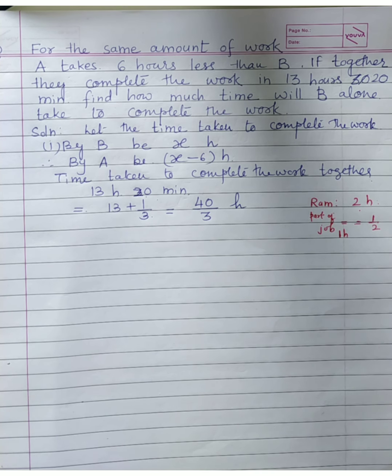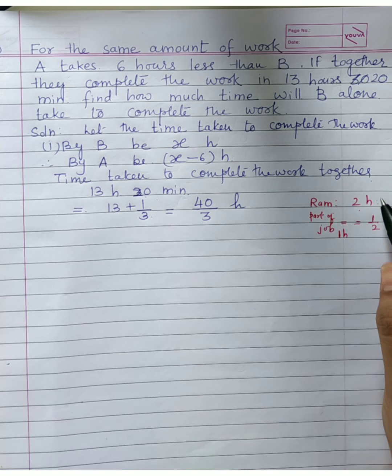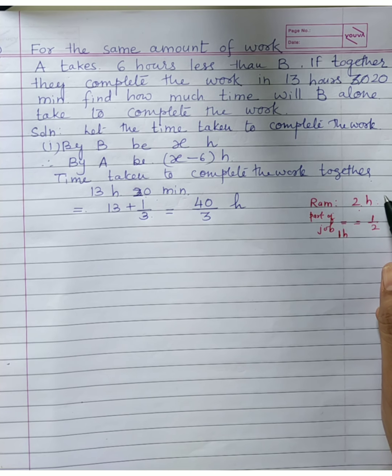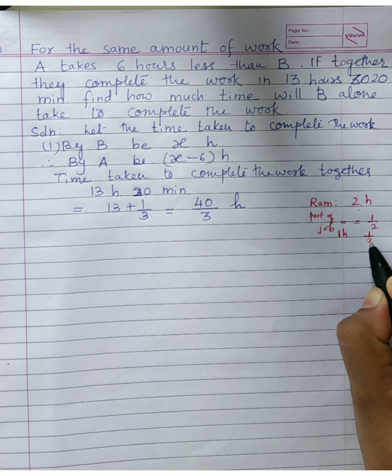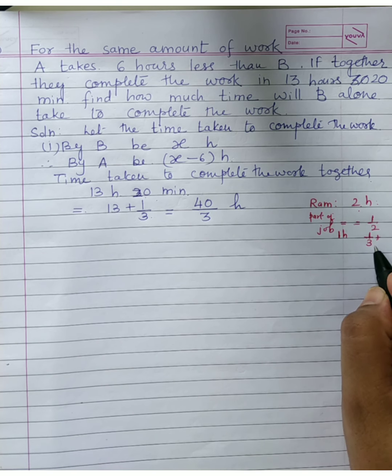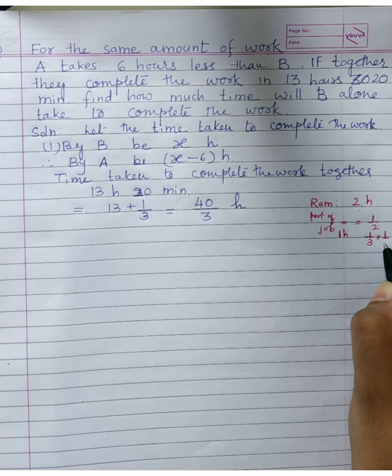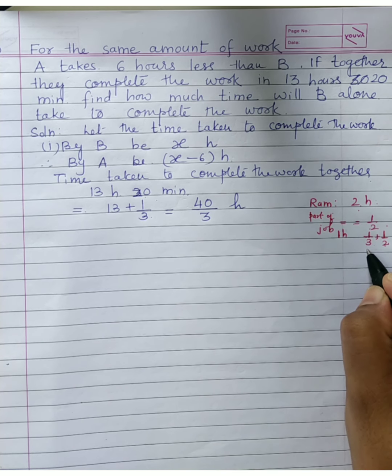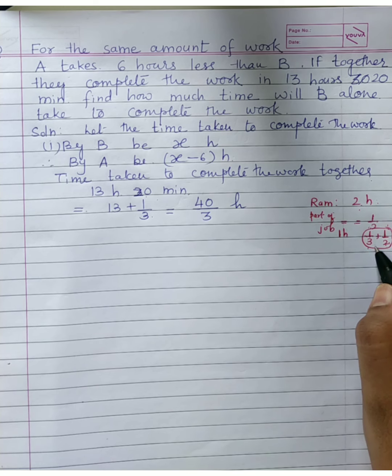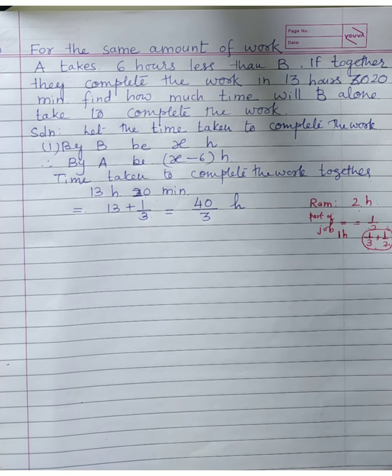Yes or no? If he takes, suppose, 3 hours, so if some other person, or Ram only, completes the work in 3 hours, how much part of the job will be done by him in 1 hour? Answer will be what, children? 1 upon 3. You are getting? And if two children are working together, suppose Ram takes 2 hours and Sham takes 3 hours, how much part of the job will they do? He will finish half of the work, another person will finish 1/3 of the work, and this will be the total work done by both of them in 1 hour. I think you are clear with this.